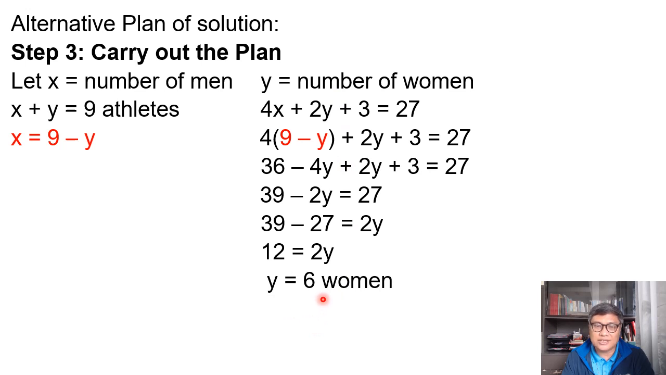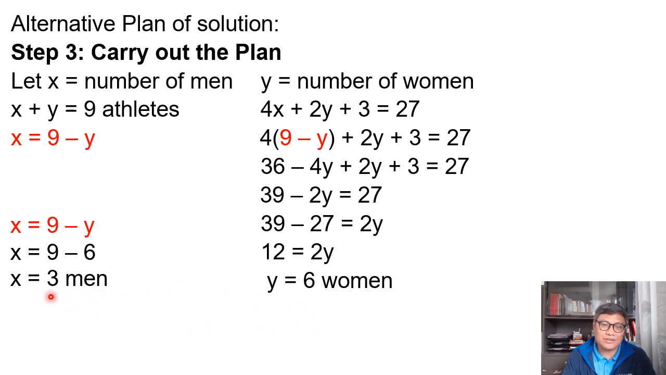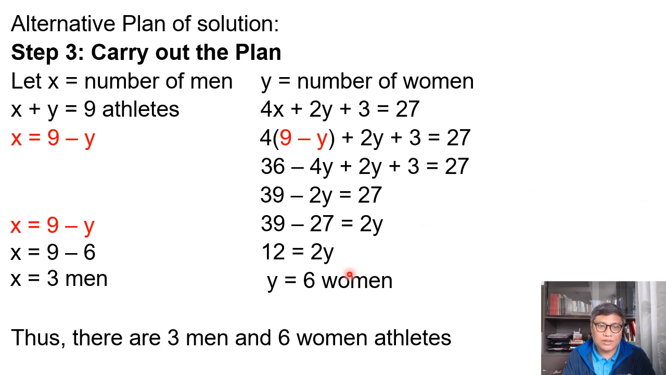So if there are 6 women, how many are male or men? So definitely, we can use our first equation. Then we substitute that y is equal to 6, therefore x is equal to 3, referring to the number of men. So which is the same, class. So there are 3 men and there are 6 women. So, it's up to you, class, how you are going to choose your strategy in solving problems, but we can always have